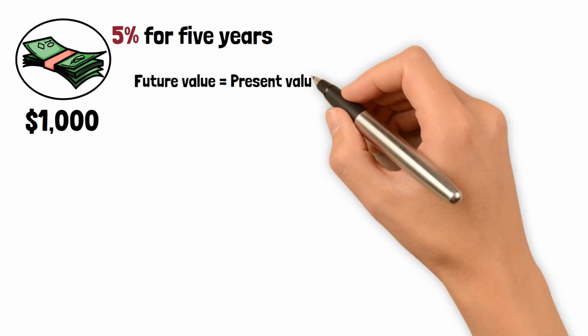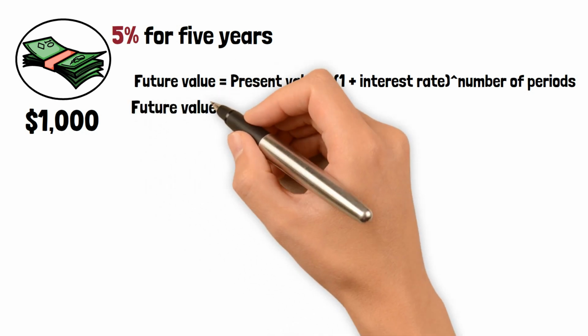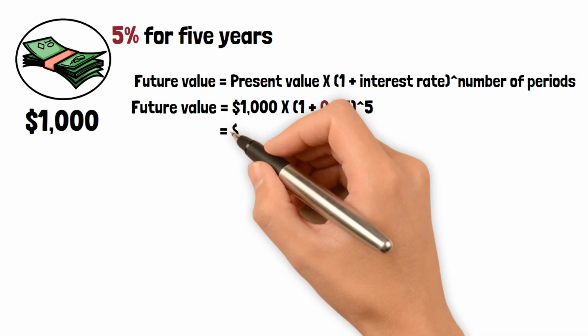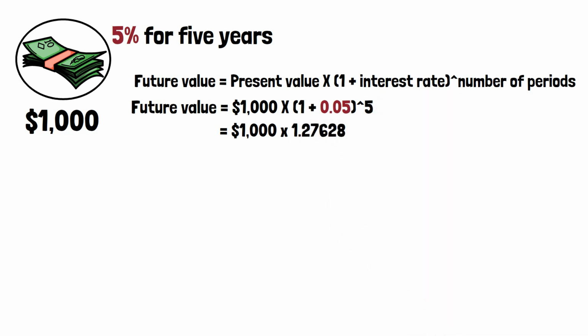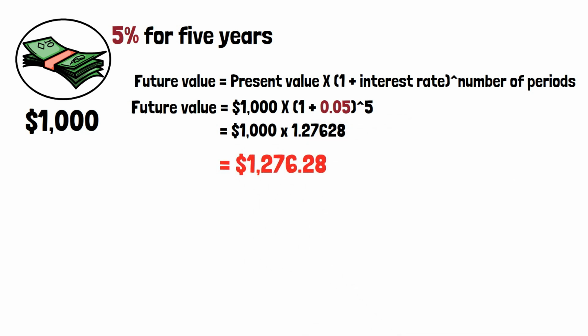Future value equals present value times 1 plus interest rate to the power equal to the number of periods, usually years. So, future value in our case equals $1,000 times 1 plus 0.05 to the 5th power, which is future value equals $1,000 times 1.27628, for an answer of $1,276.28. So, the future value of your investment after 5 years is